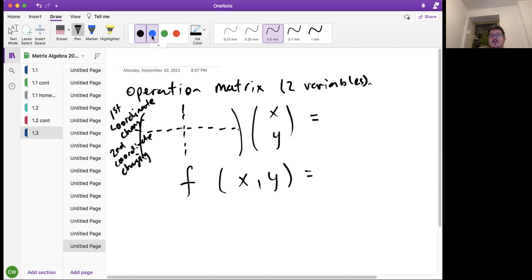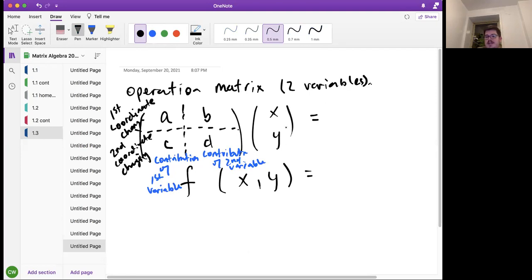And what are the columns going to represent? It's the contribution of x, the contribution of the first variable, is going to be the first column, and the contribution of the second variable is the second column. I'll explain what contribution means. So if you have a matrix A, B, C, D